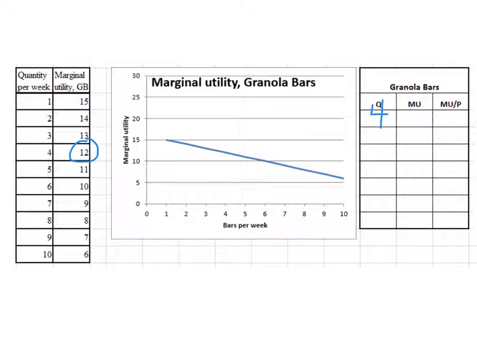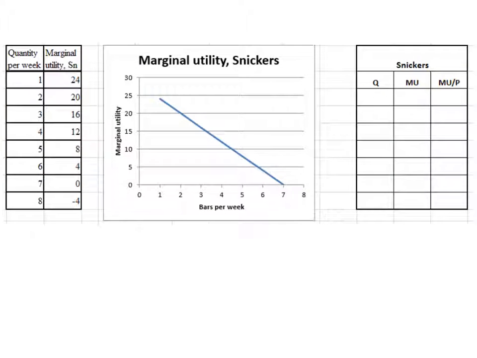and at that level he gets 12 utils of satisfaction from the last granola bar consumed, and that means that he's getting 12 utils per dollar, since granola bars are now selling for $1. And since his budget is $8 a week and he's spending $4 a week on granola bars, he's got $4 to spend on Snickers. So that means he'd be buying 4 Snickers a week, and at that level he gets